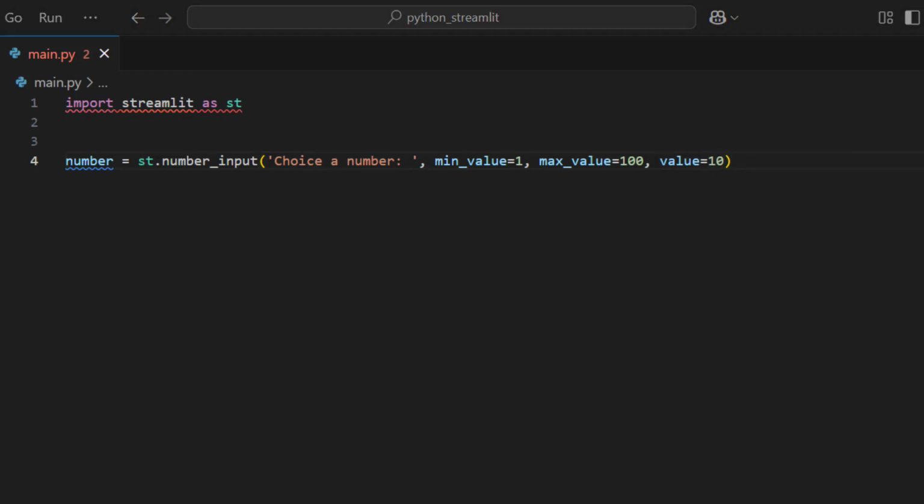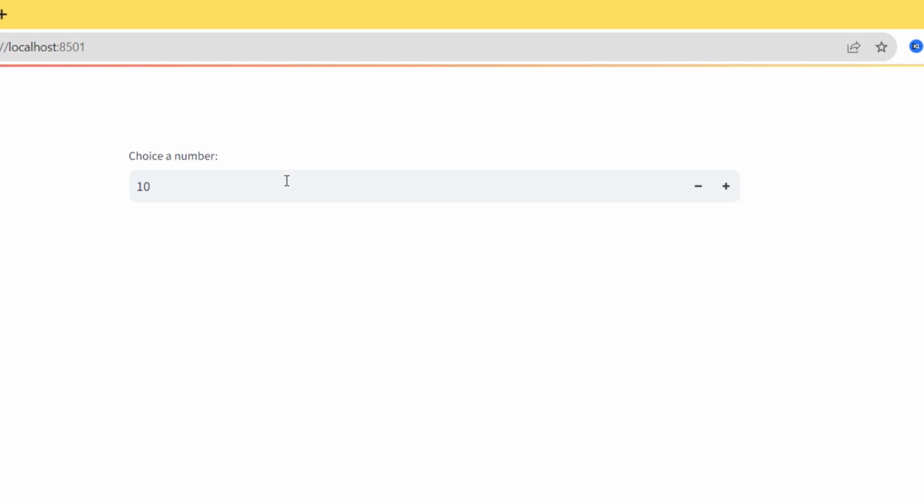As you can see, when we start our app, it shows at the first instance the number 10. Here we can increase, we can also decrease, but if I put it at 1 and try to decrease, as you can see, it's not possible. Even if I put it at 100 and try to increase, it's not possible. If I give 200 and click like this, it says the value must be less than or equal to 100, as you can see. That's why we put the min and max value.